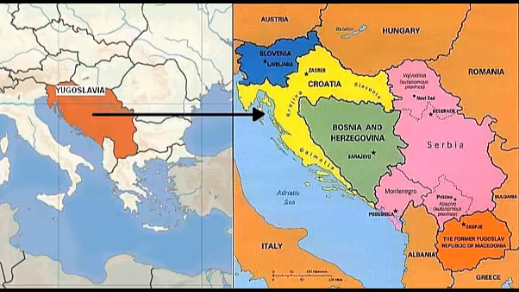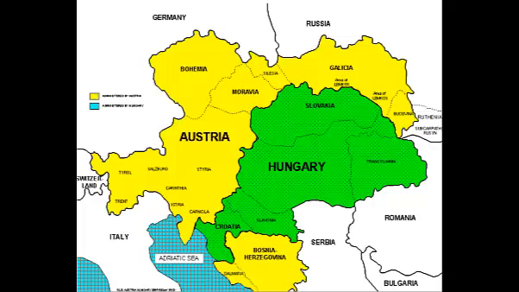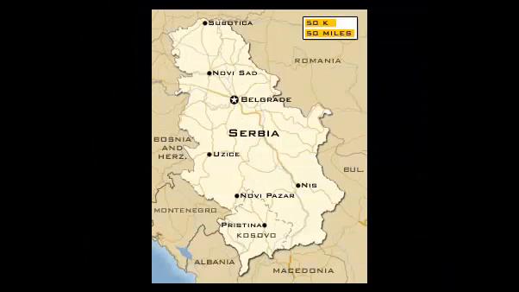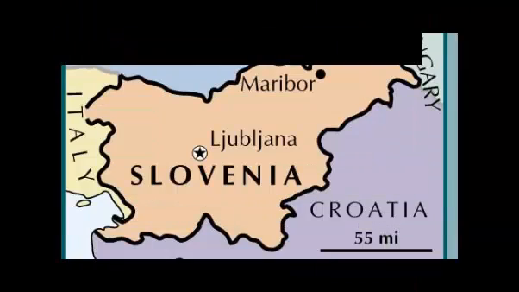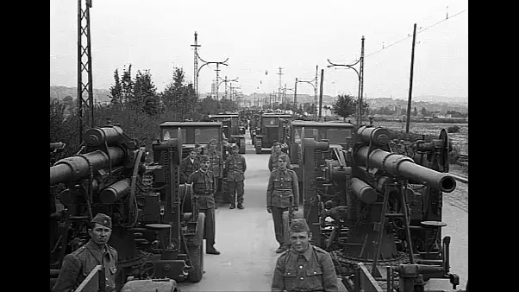The former Yugoslavia was first created when the Ottoman Empire and Austro-Hungarian Empire crashed after World War I. After the collapse, many new nations were formed out of the pieces left from the empires. Under one monarchy, Croatia, Serbia, and Slovenia came together and formed the state of Slovenes, Croats, and Serbs, also known as the former Yugoslavia. Government was not easy under this new monarchy, as each region had its own idea of